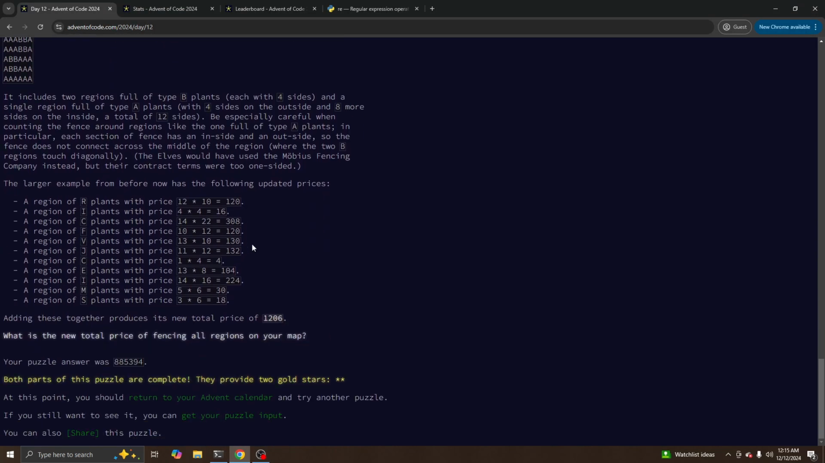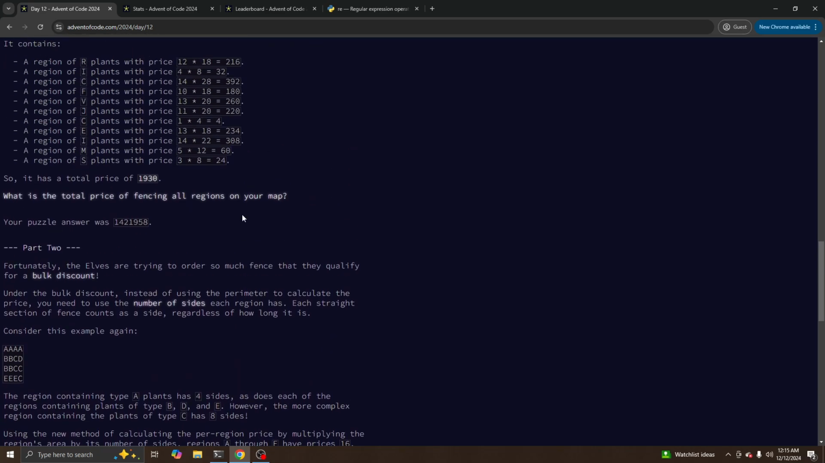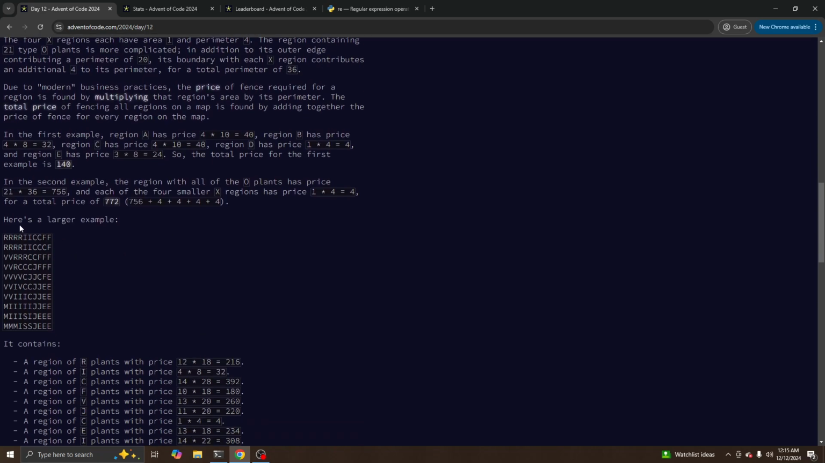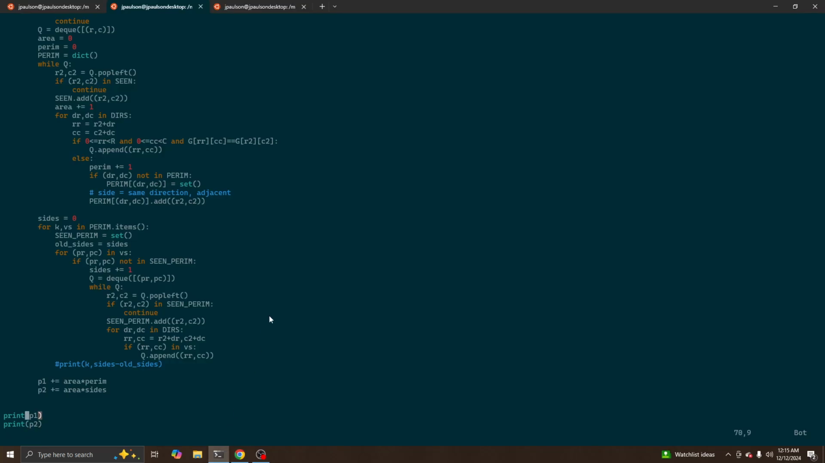Then part two says, okay, instead of the perimeter, keep track of these sides, which is like, these top four going up count four towards the perimeter, but there's only one side. So I wasn't sure how to do this, but eventually came up with the idea that we should keep track